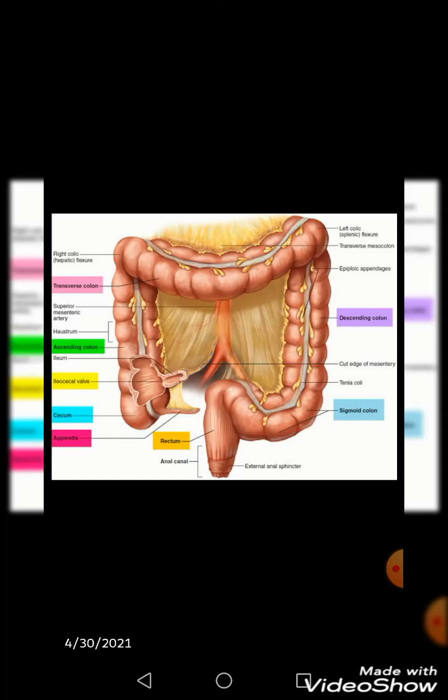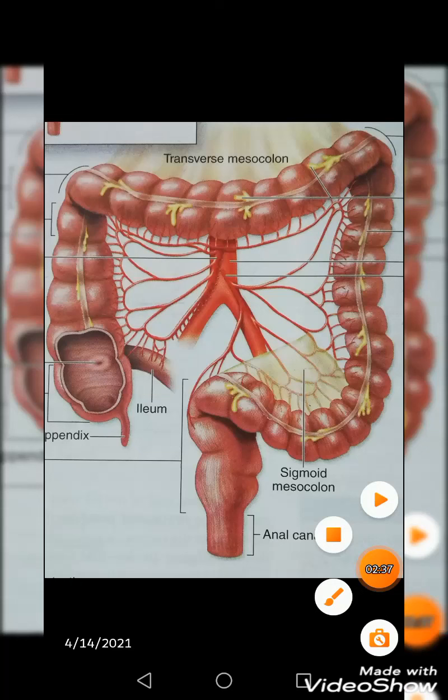And among your bacterial flora, why are they present? They are sometimes supposed to produce many vitamins. Can you name them? Let me tell you, they are B2, B6 and B12, which are riboflavin, thiamine, and cyanocobalamin. And in addition to this, vitamin K. These are produced by the normal bacterial flora of your large intestine.